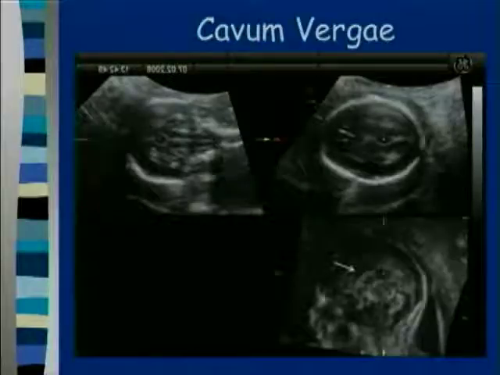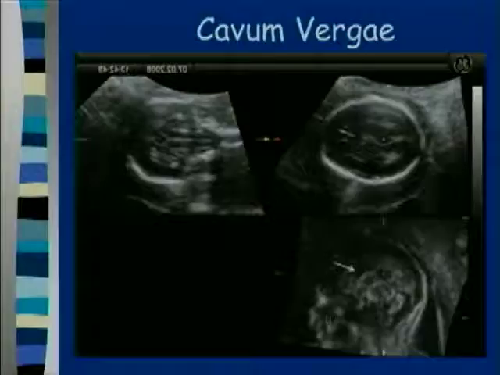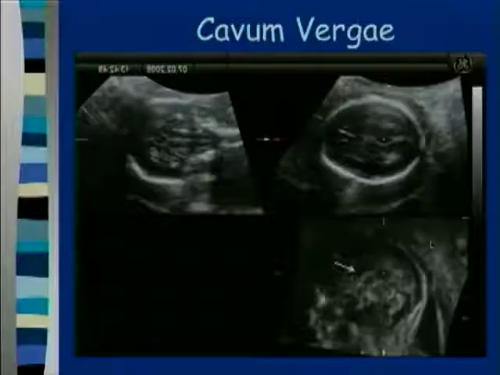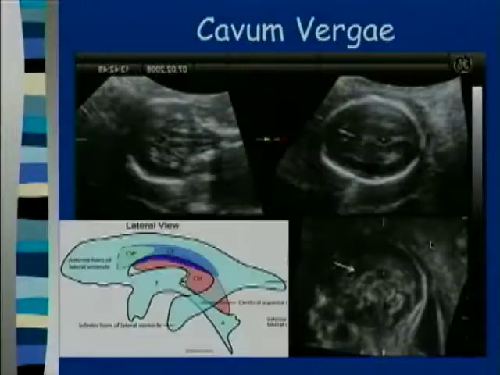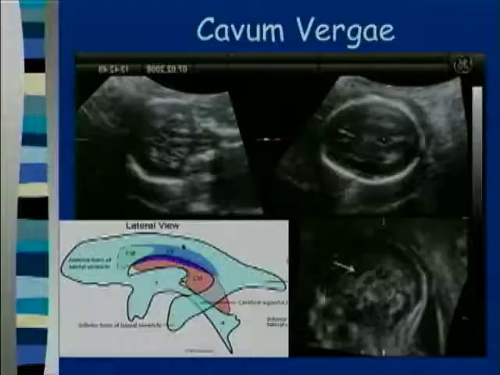Here is a patient that has a cyst in the middle of the brain, and we put the cursor right in the middle of that, and we see from the sagittal view that this would be the cavum septum pellucidum and this would be the cavum vergae. And it helps us identify that this is just a normal structure. I want to remind you what that looks like. Here's the cavum septum pellucidum, and here's the cavum vergae